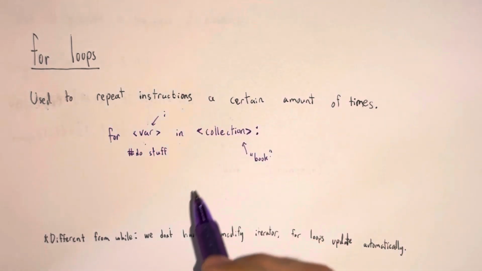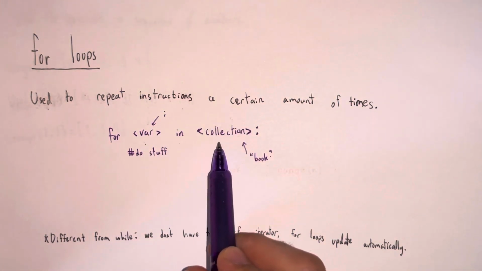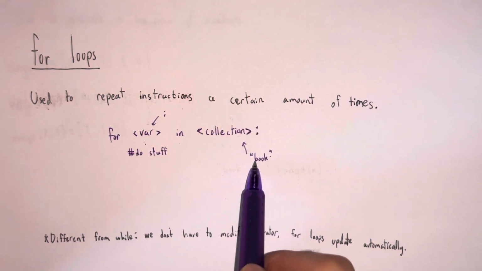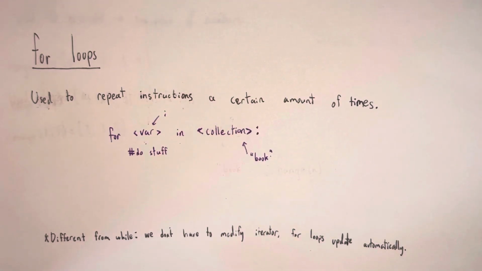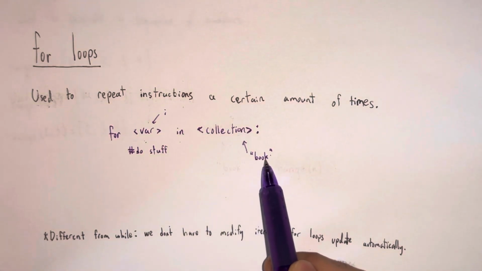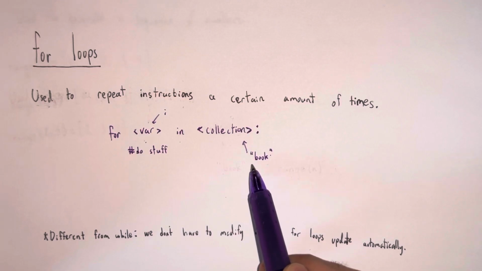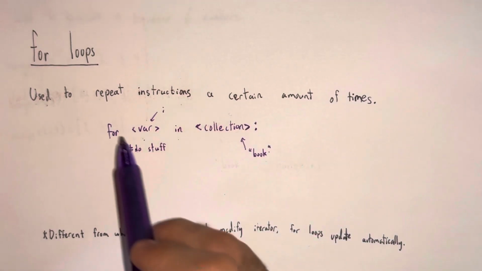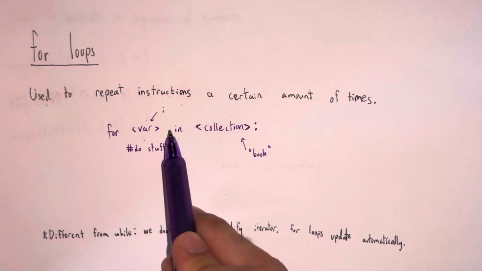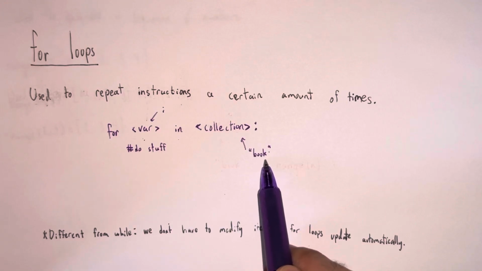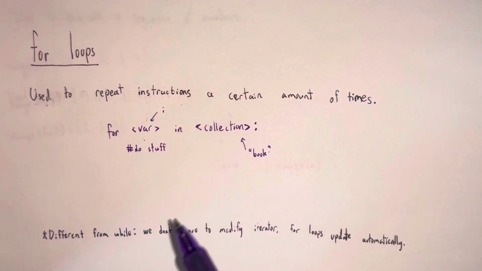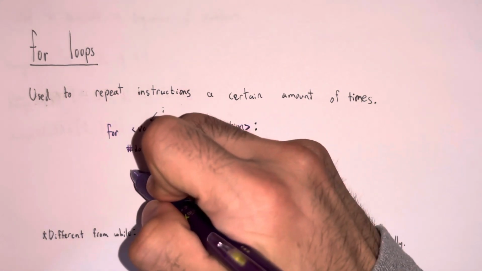So let's say you have for I in the collection book, the string book. Just to clarify, a string is a sequence of characters. So in that sense, the string book is a container that's used to store multiple items. For I in book, this I variable is going to inspect every item, every character in book, B-O-O-K. So if we were to print I,